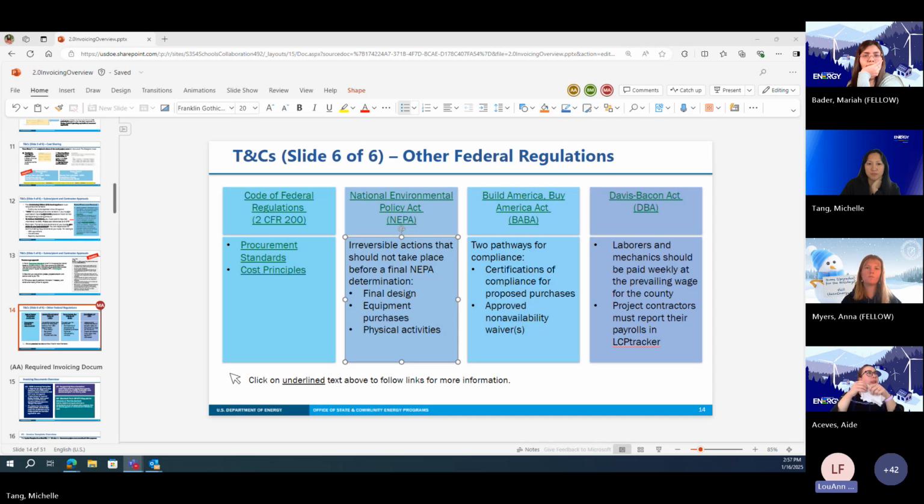Typically, a conditional NEPA determination does not allow for any physical activities. So right now, all of the second round of funding award recipients and selectees just have the conditional NEPA determination for just planning, design, and administrative activities. You all would, during the first budget period, have to request from DOE a final NEPA determination to move forward with construction. So if you've hopefully initiated some of that conversation with your TPO already, or if not, we can start to talk about that soon.